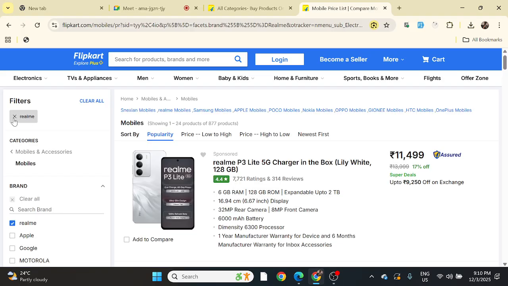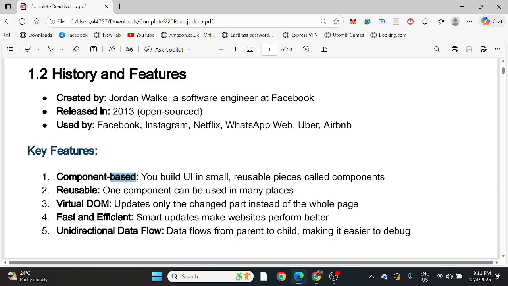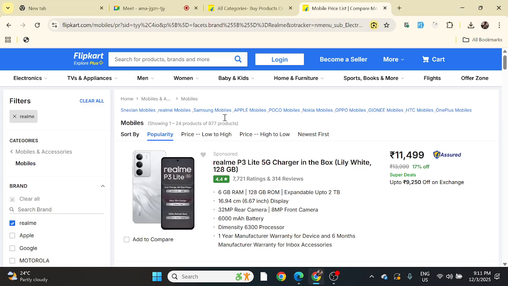What's the difference between your actual DOM and virtual DOM? Now you understood, what is your actual DOM? All the complete code or complete structure or HTML code will be stored inside your document. So that is your actual DOM. What React.js does is it creates multiple copies of your real DOM. Okay, those copies we call what? Virtual DOM. So what the benefit of using this virtual DOM is, if you are doing some changes in your